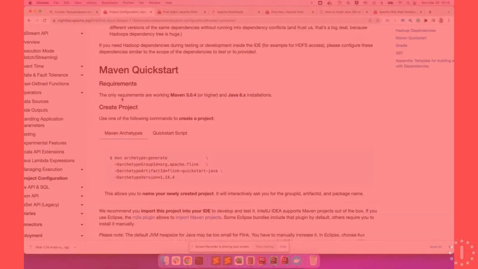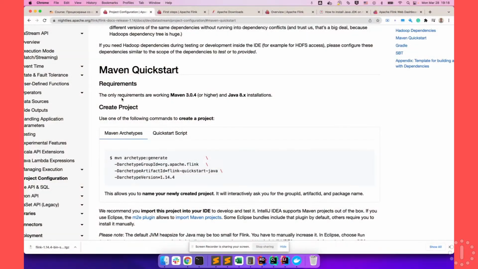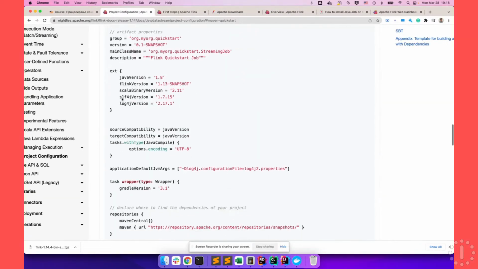In this next video, we are going to see how we can start an Apache Flink project, an empty application, from scratch. As I already said in the first video, in order to develop an application as complex as this one, we must include some outside dependencies in our code. And in order to include those dependencies and build the project, including the dependencies itself, we must use a build automation tool. For example, Maven or Gradle or SBT